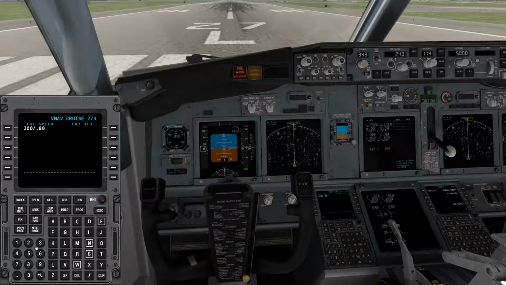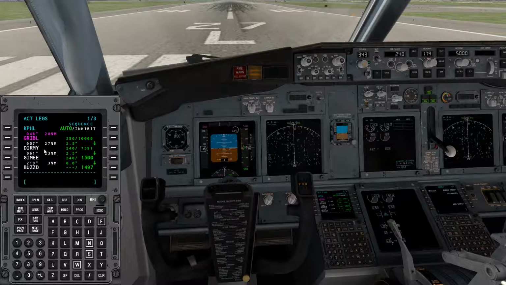But okay, let's go ahead and go in the cruise here. This is where we're going to set our target speed. Let's say our target speed is going to be 290, and we're going to set that there. And our cruise altitude, we're going to go for just 10,000 today. All right, and we're going to execute that. Now, if we go back to legs, you'll see that it shows you